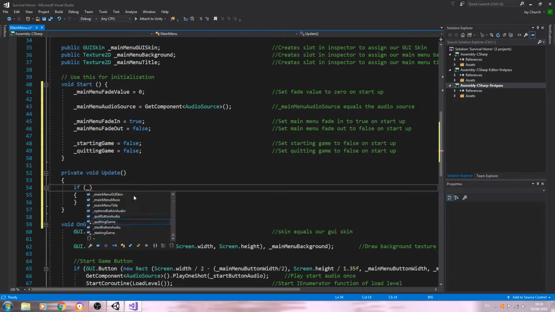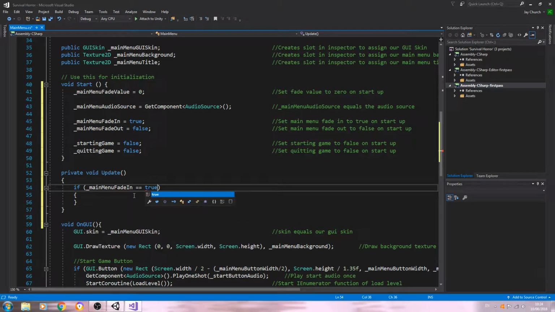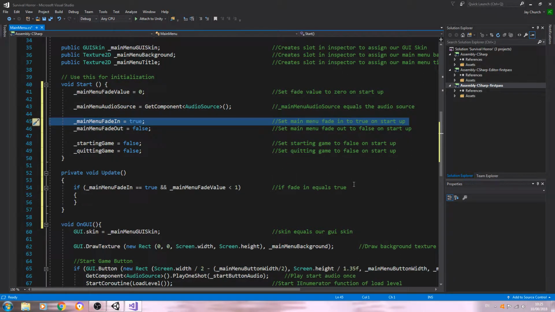Inside this first set of brackets, underscore main menu fade in double equals true, double and main menu fade value is less than 1. Into the comments. So we say if the fade in equals true, which we've set it to be equal true on startup,